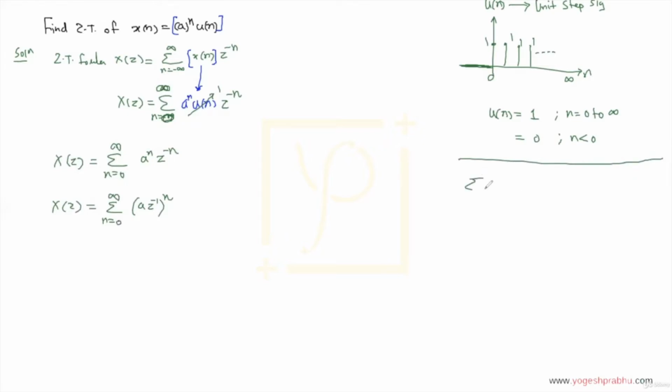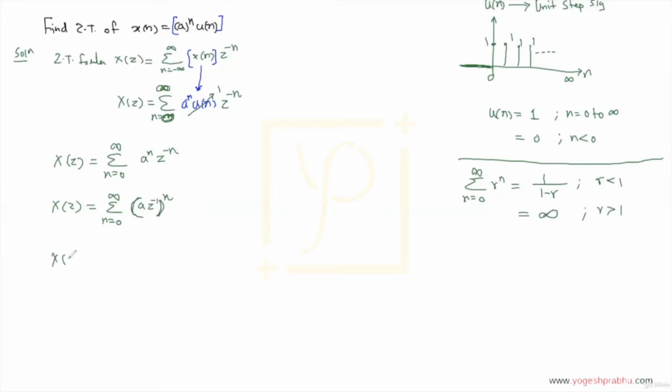It says if you have the sum of n equal to 0 to infinity of r raised to n, the formula is 1 upon 1 minus r, with the condition that r has to be less than 1. So you can use this formula only if your r is less than 1. So what happens if r is greater than 1? If r is greater than 1, this answer becomes not defined. Okay, keep a note of this point. We're going to use this formula here.